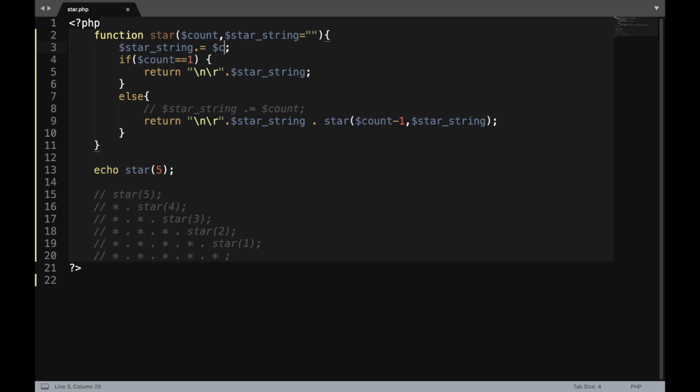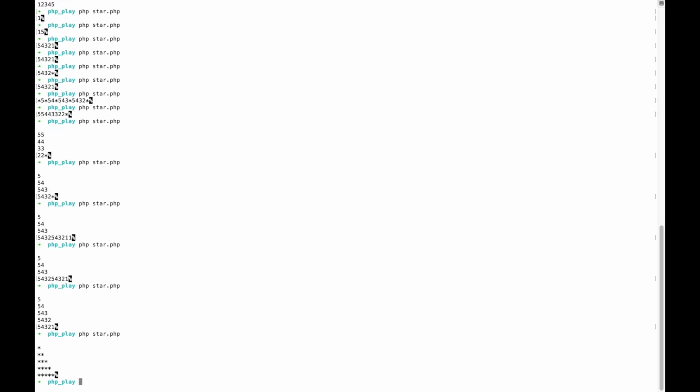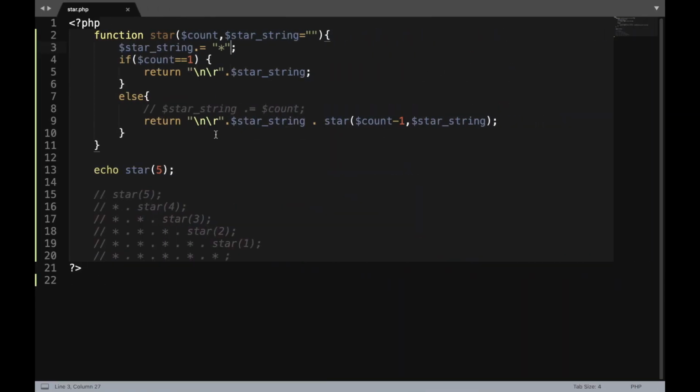So with star string we would like to edit only star, so we change it to star 1 2 3 4 5. There is one thing I see in here, there's an extra backslash n and backslash r, because in here we are putting it in front, so we would like to remove that thing. So we have to check backslash n backslash r is in front. We would like to remove it by cutting it out in here and putting it in there, and we should try now,